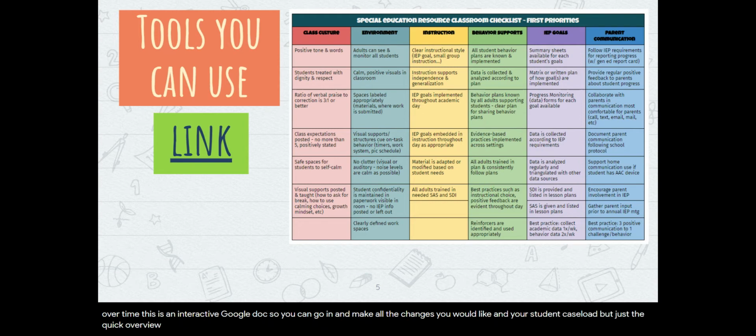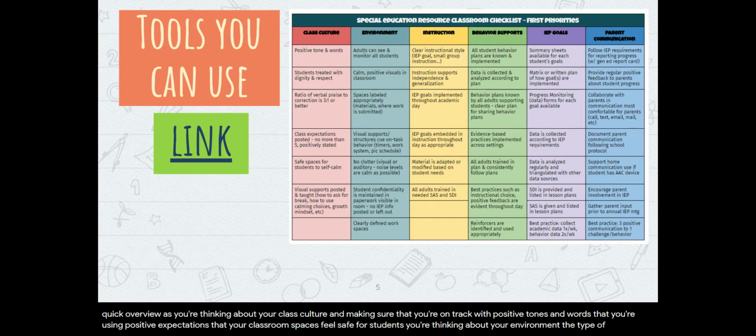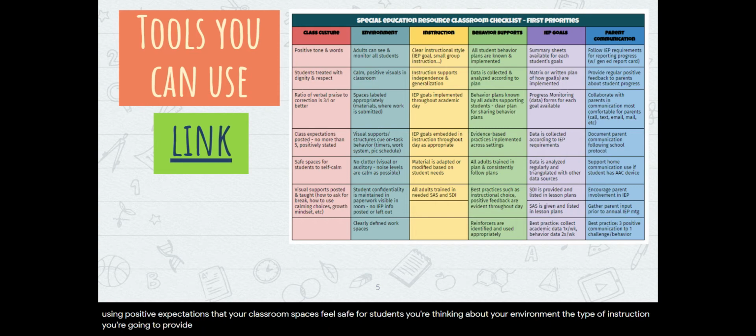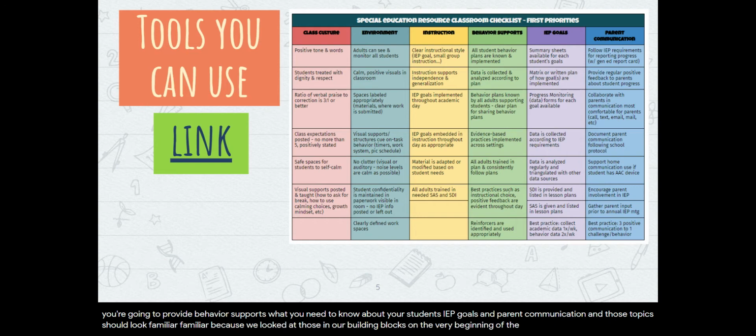But just the quick overview is you're thinking about your class culture and making sure that you're on track with positive tones and words, that you're using positive expectations, that your classroom spaces feel safe for students. You're thinking about your environment, the type of instruction you're going to provide, behavior supports, what you need to know about your students' IEP goals, and parent communication. And those topics should look familiar because we looked at those in our building blocks at the very beginning of the presentation. So as I said, my encouragement to you is to print this out, go through step by step,